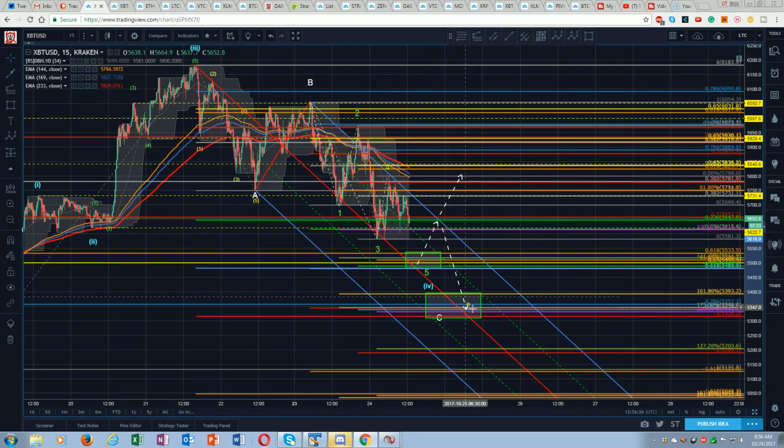The other option always is if we get a good cluster here and we complete this 5 wave, this will have the symmetry and the pattern that we're looking for. Do we get a little pump up to the outside edge of the pitchfork, and then the first retracement might be the more conservative way to approach that. Or if you bought some here, that's a place to consider adding a little more.